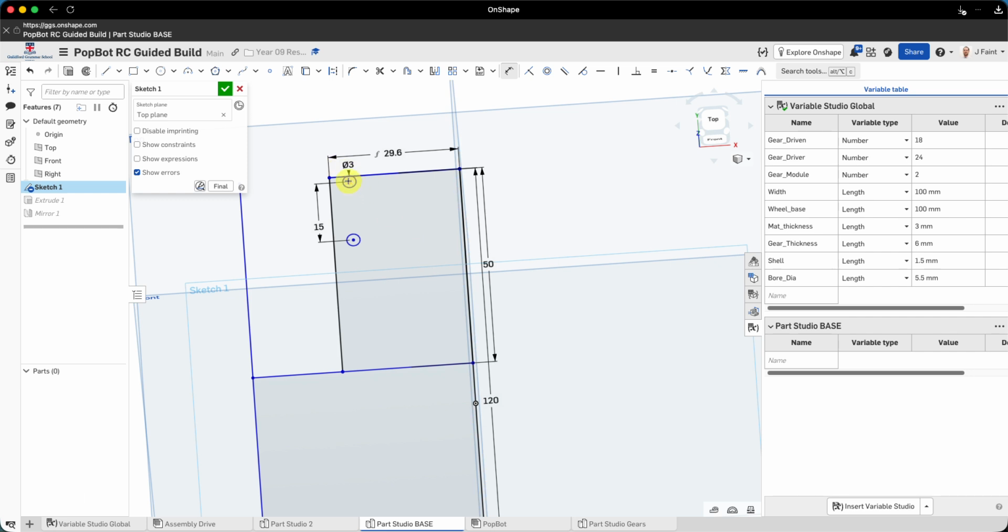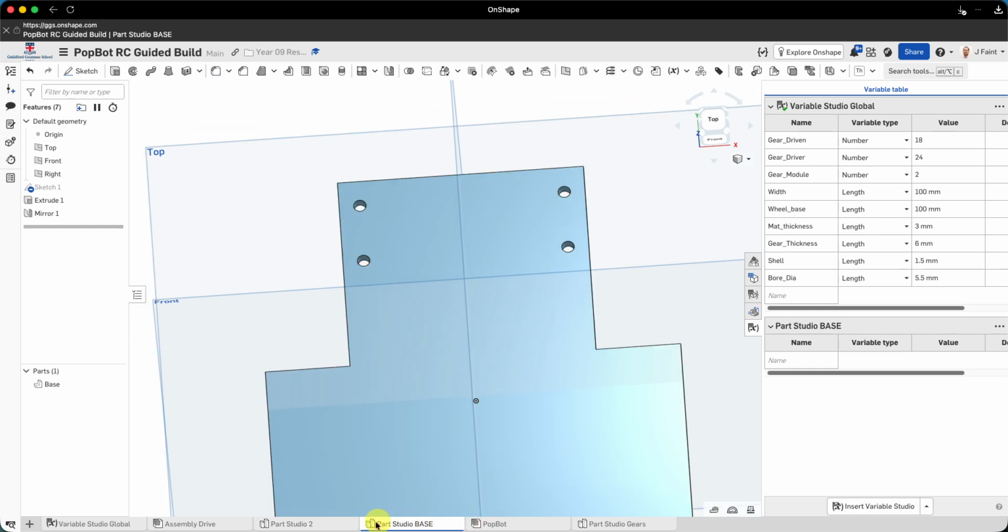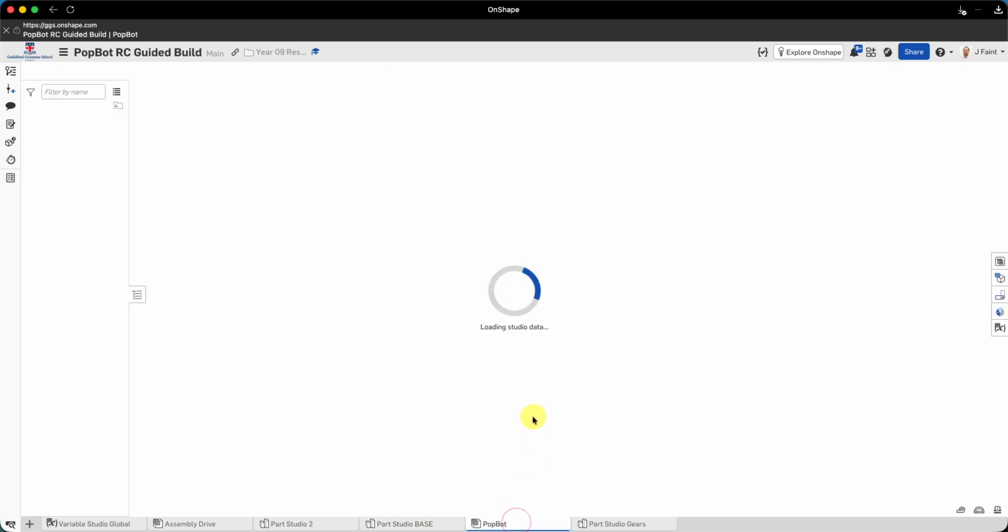And then I need this from the center. We said 49.2 divided by 2. So now I've got that. I'm just going to bring that down here somewhere for the moment, and we will tidy that up as we go. So now I'm going to hit tick, and I have a look back over to my PopBot,